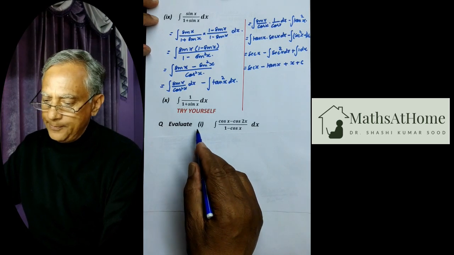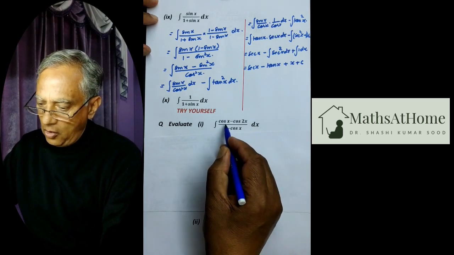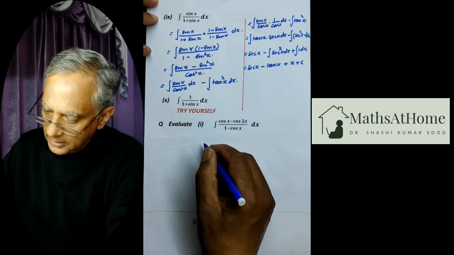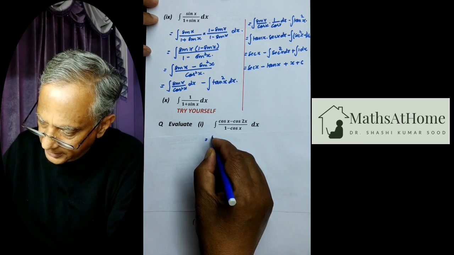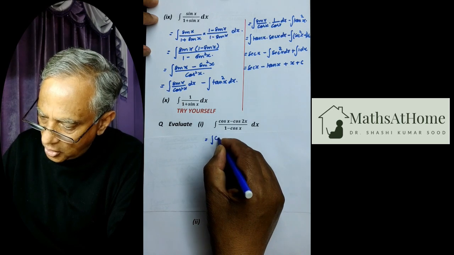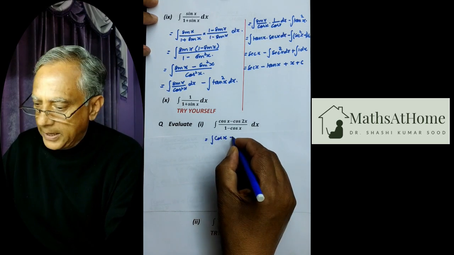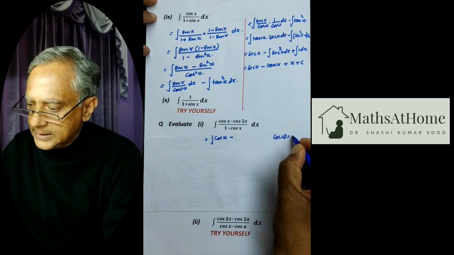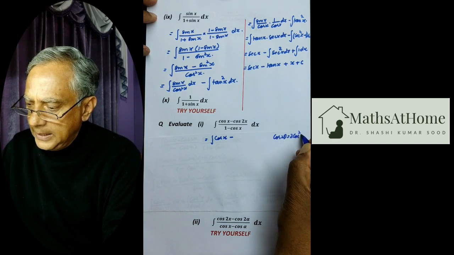Now next is the integral of (cos x minus cos 2x) over (1 minus cos x). Now this is equal to the integral of cos x minus, now cos 2x, cos 2 theta is 2 cos square